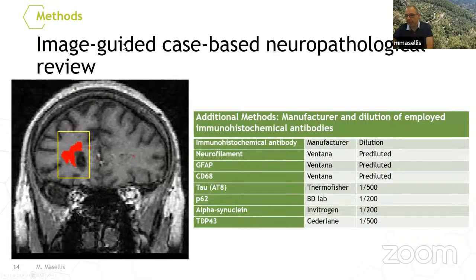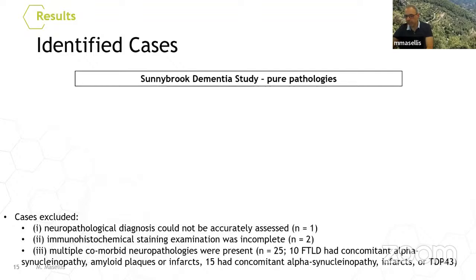We then used an image-guided approach to look at case-based neuropathological changes. Using the MRI, we found an area of the brain that demonstrated the highest white matter hyperintensity burden. We then passed these images on to the neuropathologist, and they associated their pathological slices with this region of the brain and took a closer look at the underlying pathology of the white matter. They also used standardized